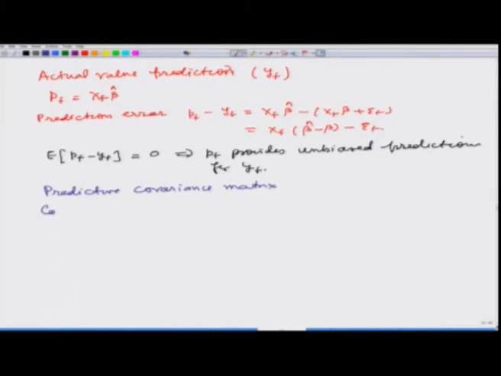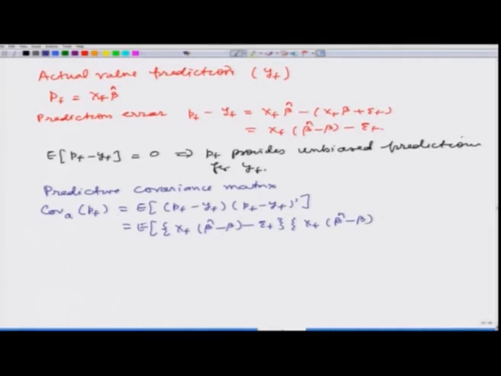And this is obtained as we denote it, the covariance matrix of PF when it is used for actual value forecasting. This is defined as the expected value of (PF minus YF)(PF minus YF) transpose, and when we try to solve it, this is (XF (beta hat minus beta) minus epsilon F)(XF (beta hat minus beta) minus epsilon F) and its transpose. And when we try to open it